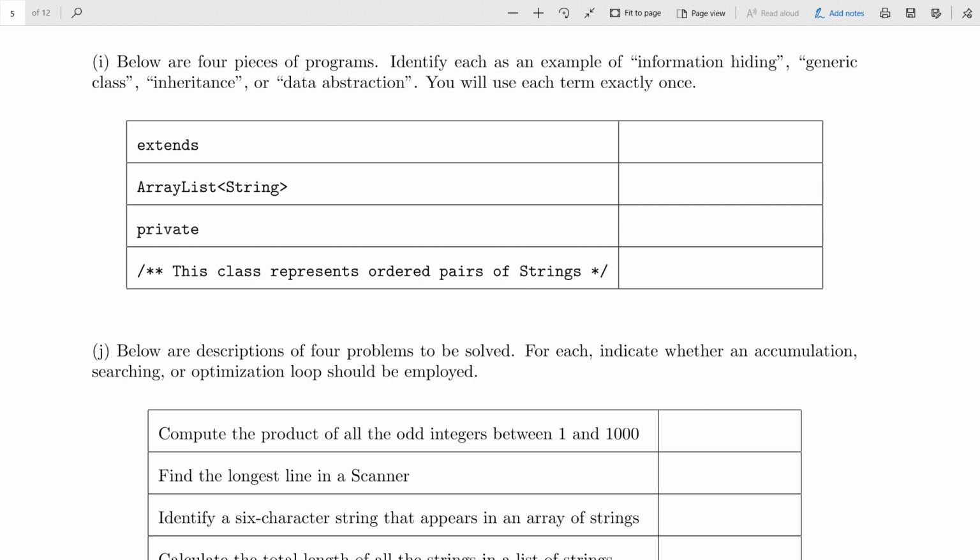Which one is related to inheritance? Extends. Okay. All right, what about that next one? We've done inheritance, so I'll scratch that out. I've used that term, so this is a generic.